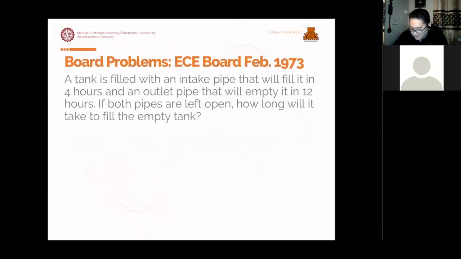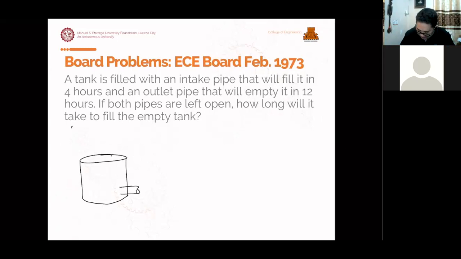A tank is filled with an intake pipe that will fill it in 4 hours and an outlet pipe that will empty it in 12 hours. If both pipes are left open, how long will it take to fill the empty tank? Okay, so visualization problem. We have a tank, no? And then sabihin natin meron tayong outlet dito. May outlet pipe daw. Okay? So tapos meron tayong intake pipe. So ibig sabihin may water going inside ng tank